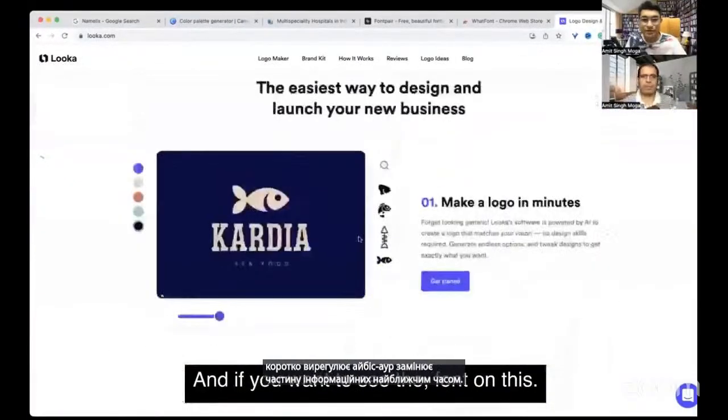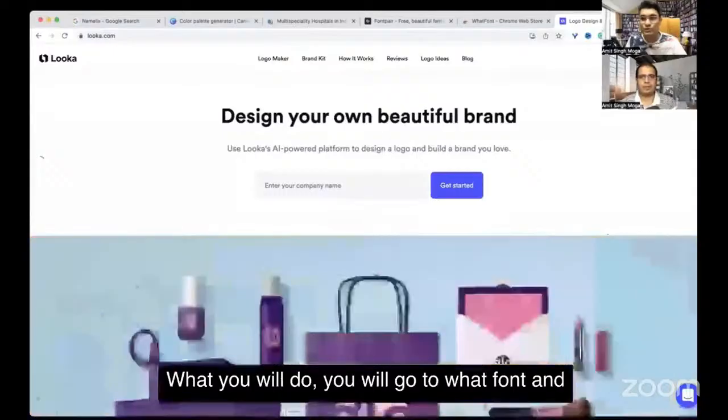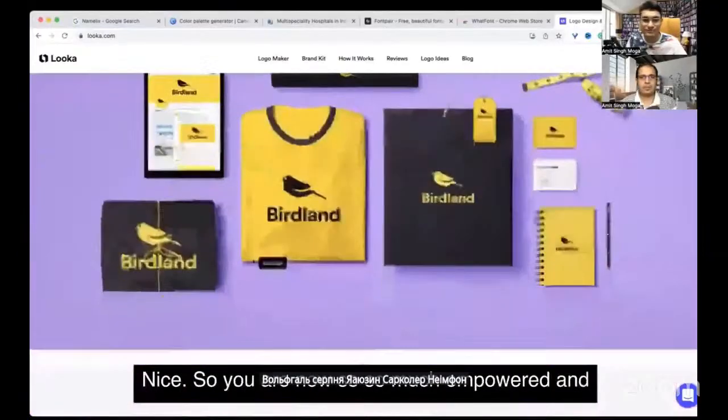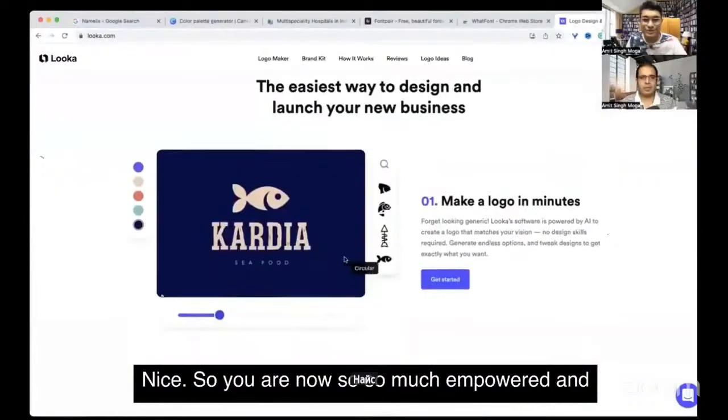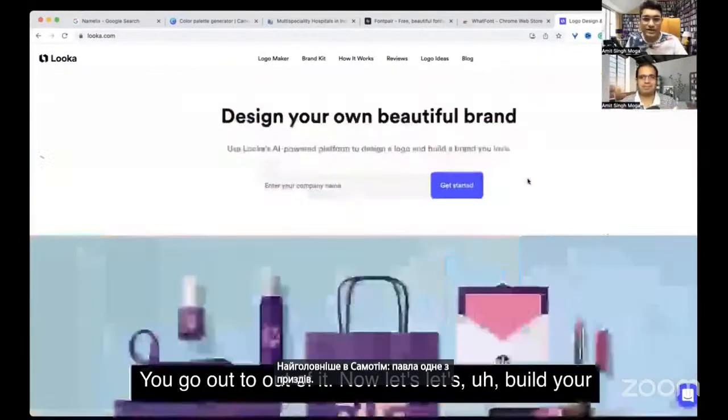And if you want to see the font on this, what will you do? You will go to WhatFont and Circular. They are using a font named Circular. Nice. So you are now so much empowered, and just press Escape, you go out of it. Now let's build your